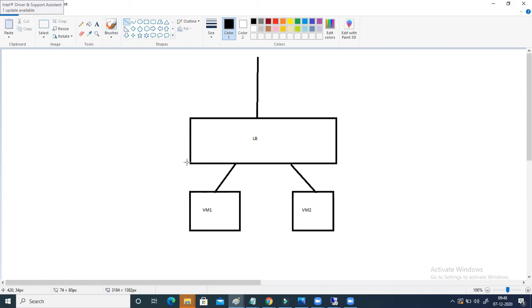Let's say there is some problem inside VM1 and VM1 is not accessible. There is some issue that VM1 is not loading, or the website is not working inside VM1. Rest of the things are fine. So what will happen finally? The sessions that connect to VM2 will work perfectly fine. But for the user sessions connecting to backend VM1, the website will not open, right?